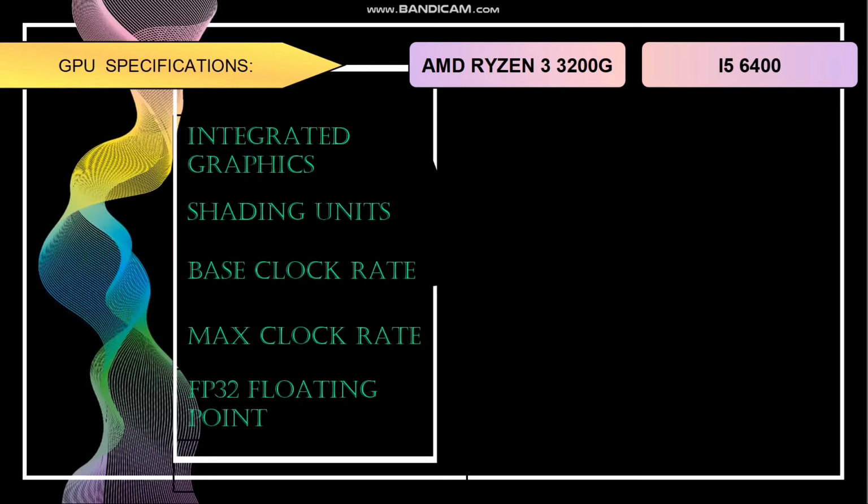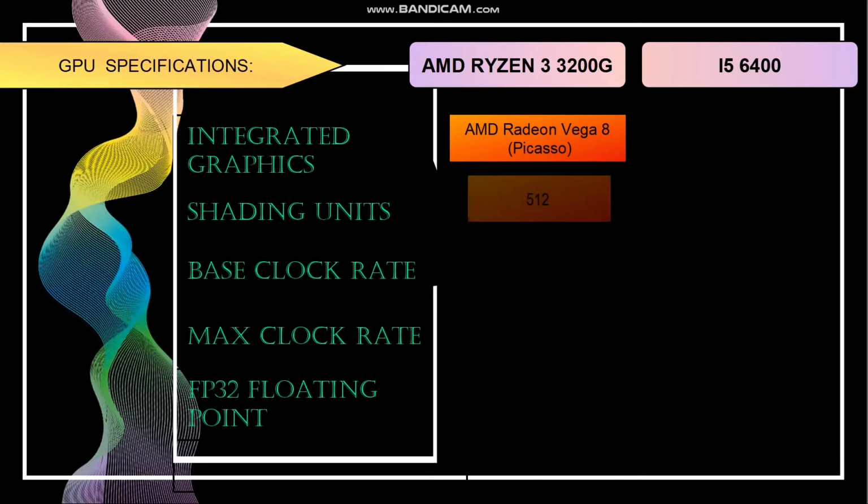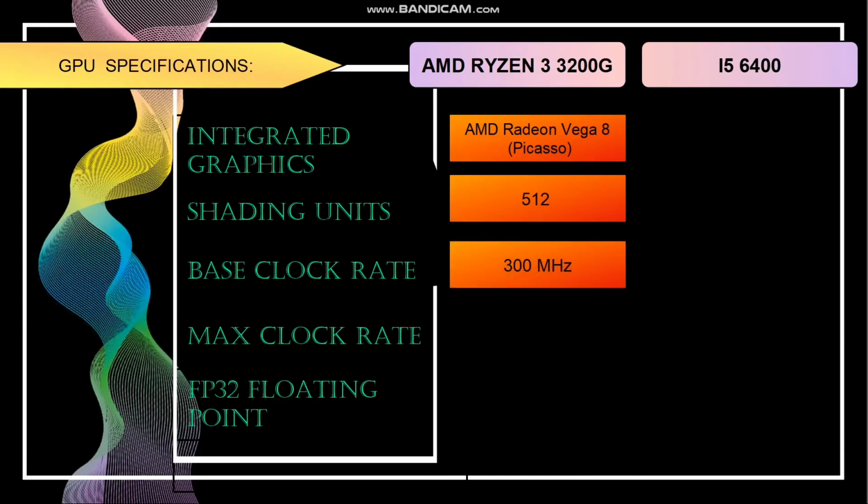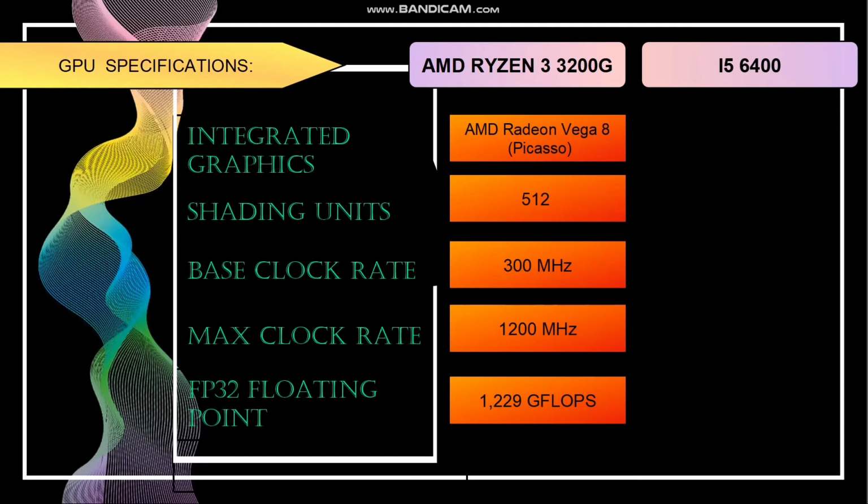Next is the GPU specifications. The AMD Ryzen 3 3200G has an integrated graphics of AMD Radeon Vega 8, also known as Picasso, shading units of 512, a base clock rate of 300 MHz, a maximum clock rate of 1200 MHz, and an FP32 floating point of 1229 GFLOPS. While the Intel Core i5 6400 has an integrated graphics of Intel HD Graphics 530 with